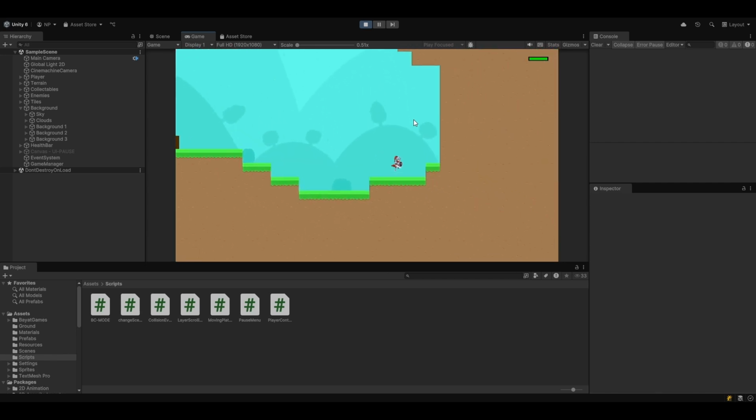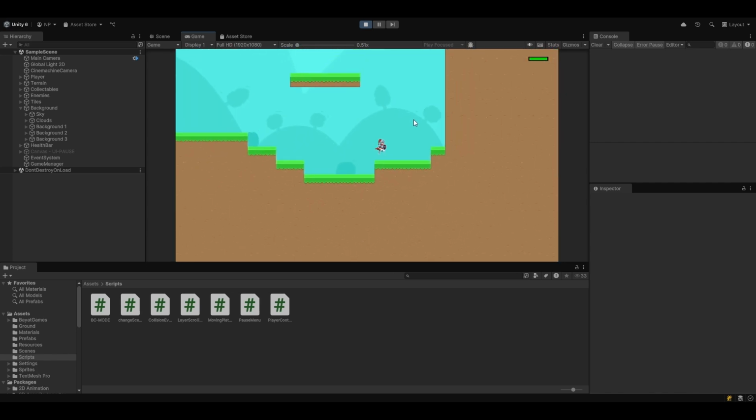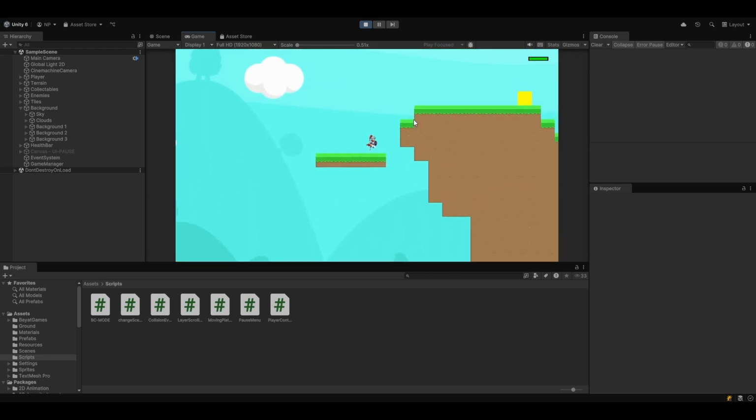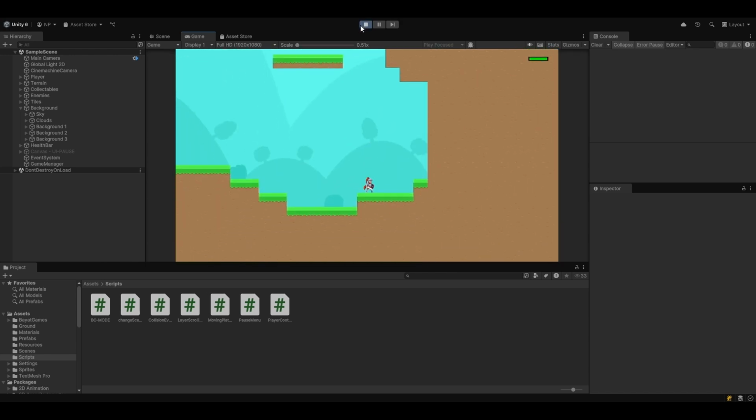Hello, I will teach you how to create an infinite scrolling parallax background. A parallax background means that the background layers scroll differently from another background layer, typically having closer layers move faster than further layers. To start,